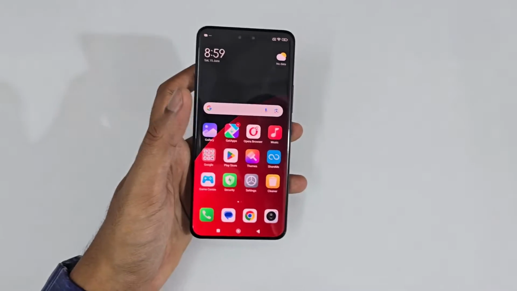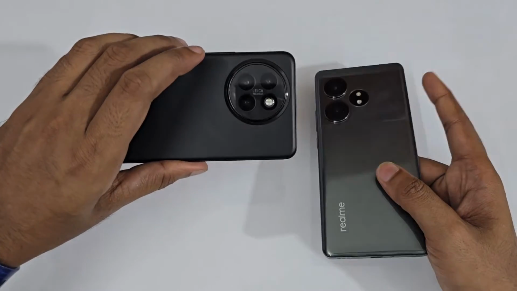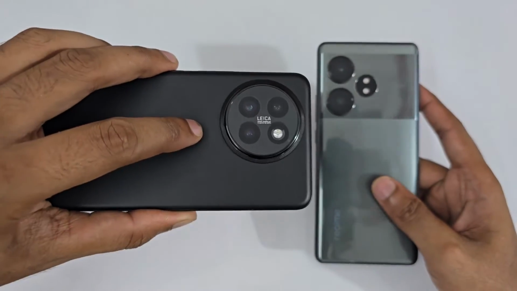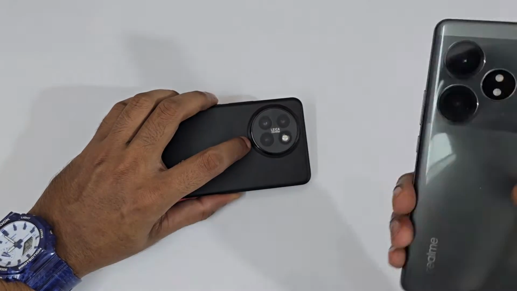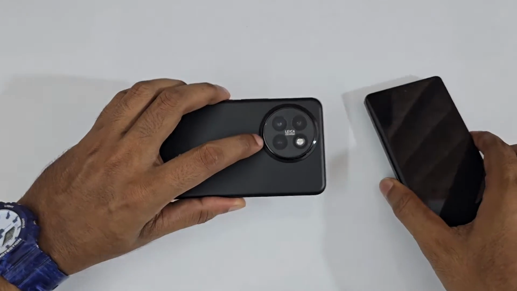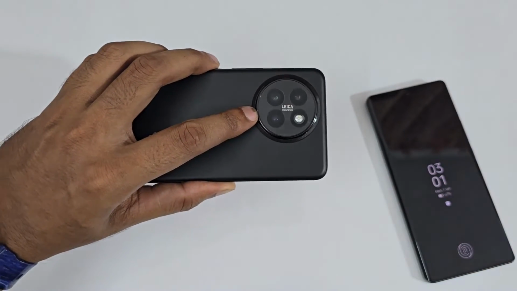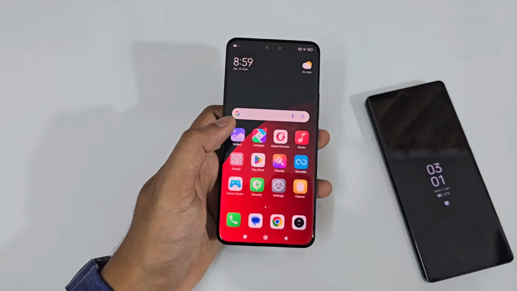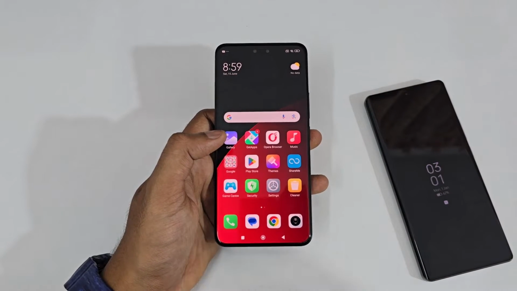And if you compare the cameras of the Realme GT 6T against the Xiaomi 14 Civi, that's a great win for the Xiaomi 14 Civi in terms of the front camera as well as the rear camera. This one has just a 50 MP camera, an 8 MP ultra wide, and a 32 MP selfie on the front, versus this one, which has a 50 MP main camera, a 50 MP telephoto for stunning portraits, and dual 32 MP selfie cameras,